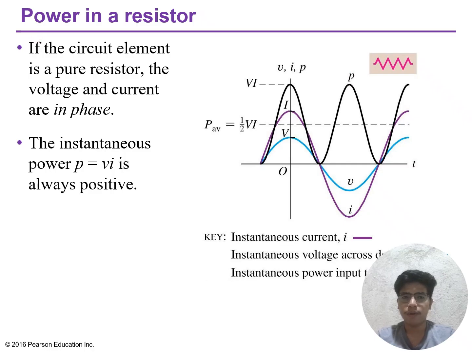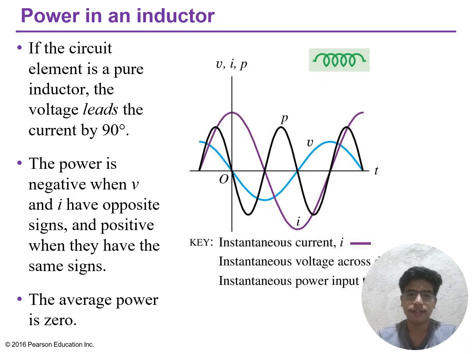current limiting, and power dissipation in electronics. While in a pure inductor, current lags voltage by exactly 90 degrees, as shown by the phase-shifted sinusoidal curves, where the black current lags the blue voltage by 1/4 cycle. The instantaneous power, or P(t), is equal to V(t) times I(t),